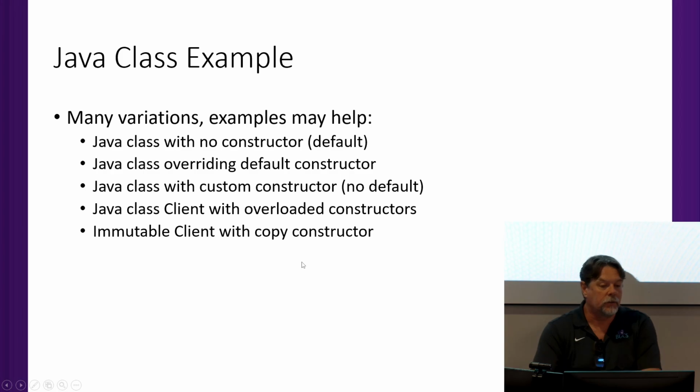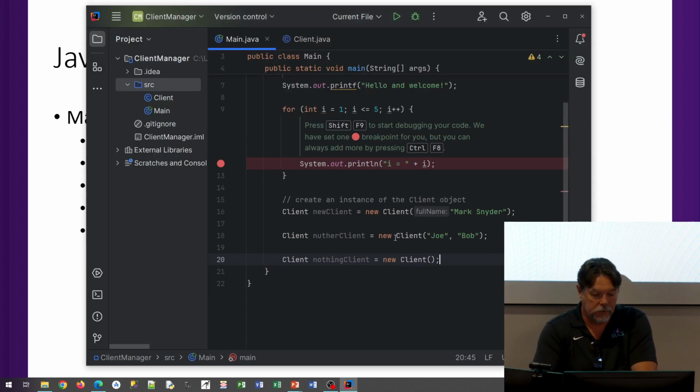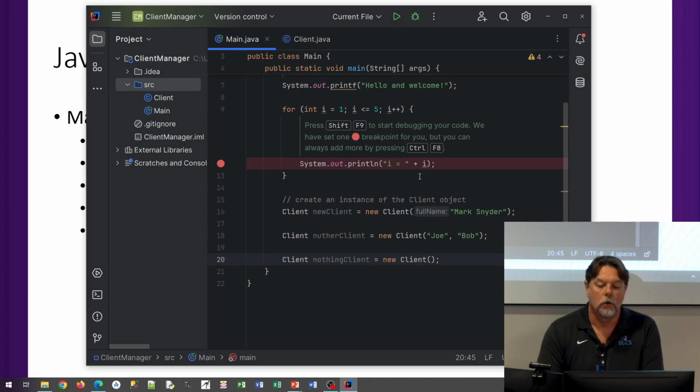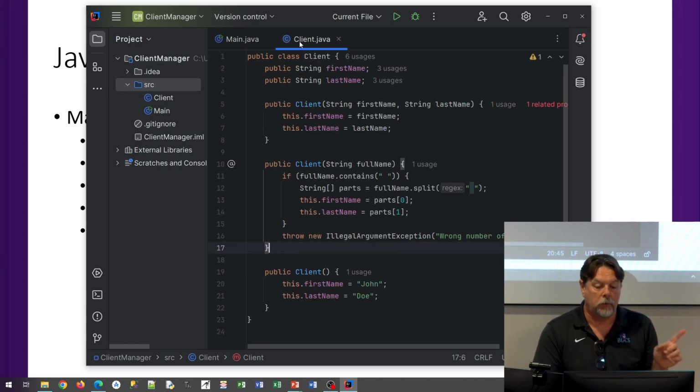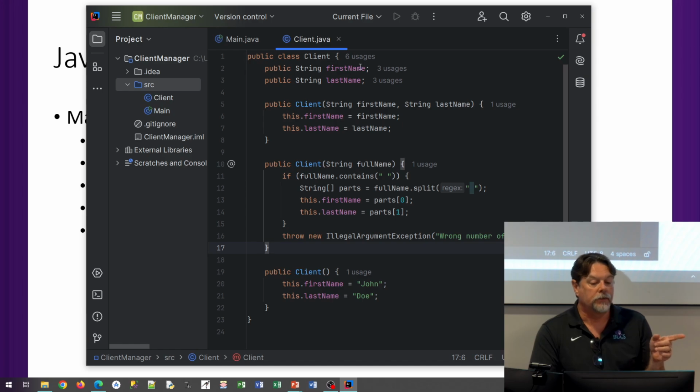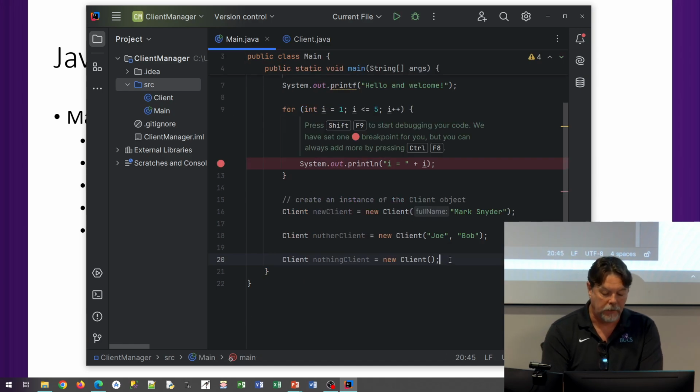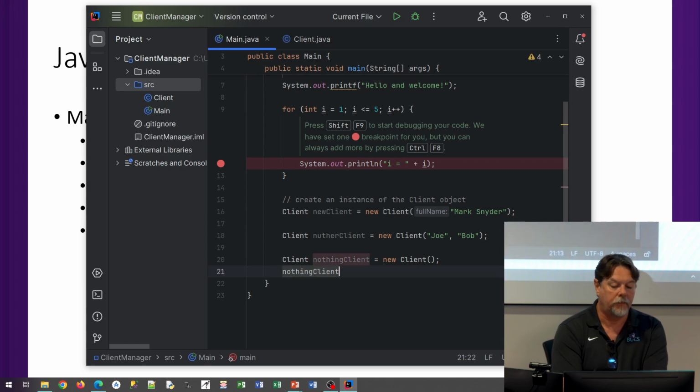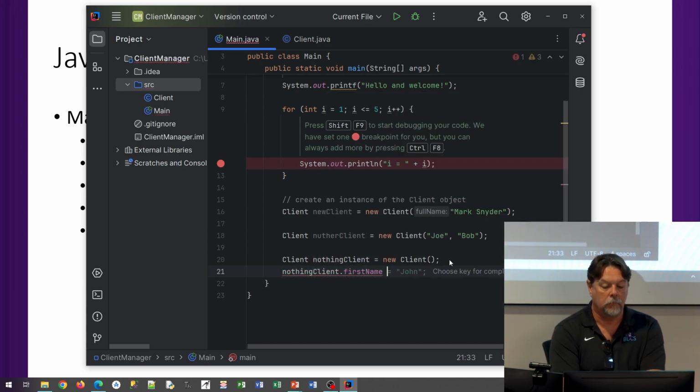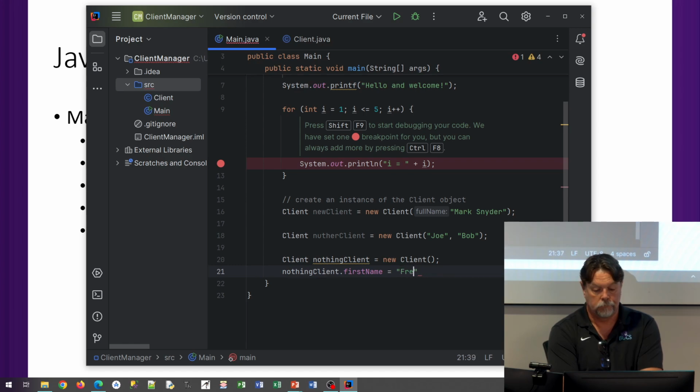Okay, the last one is one of the weird ones I talked about, an immutable client class with a copy constructor. Let's see what that looks like. All right, so let's do the immutable first. So I've got these two properties. If I want to, I can create these objects, and then I can say client.firstName equals Fred. I can modify the client